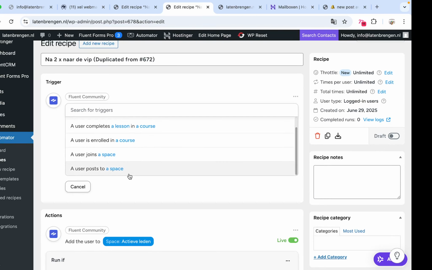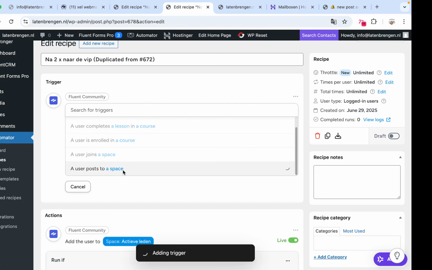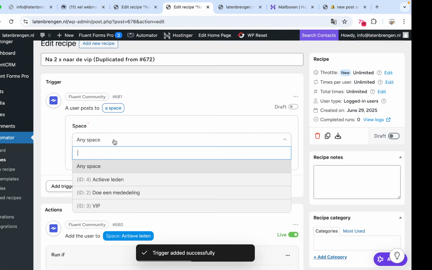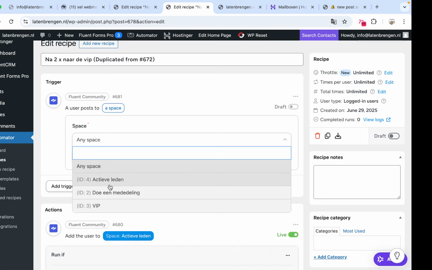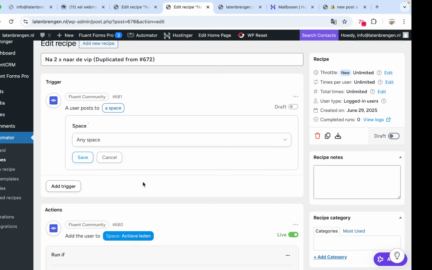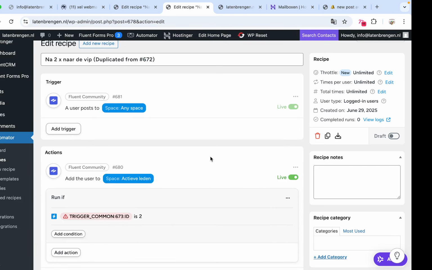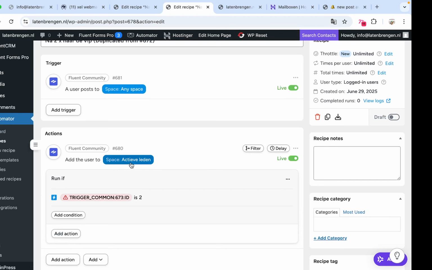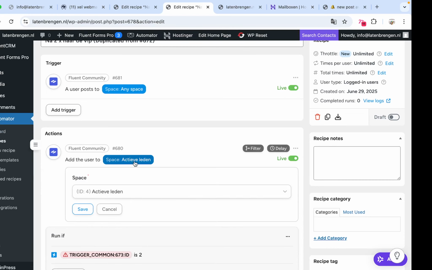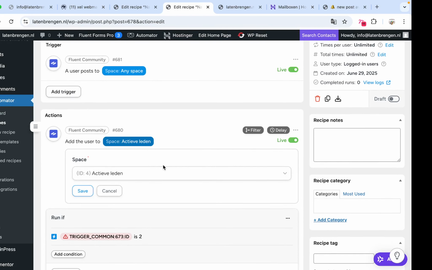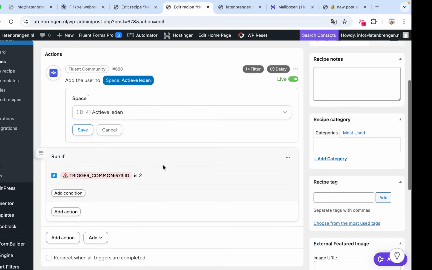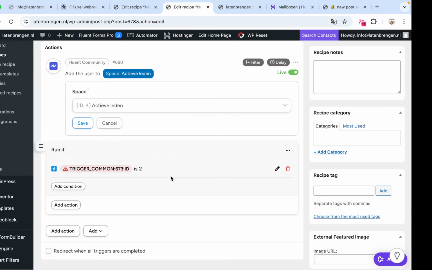So I have chosen user post to a space, and in this case I have chosen for every space, but you can see you can make your own choice. And then when you save that, the trigger will be that it only will run when the trigger ID, let's see,